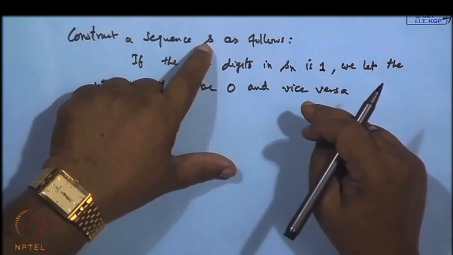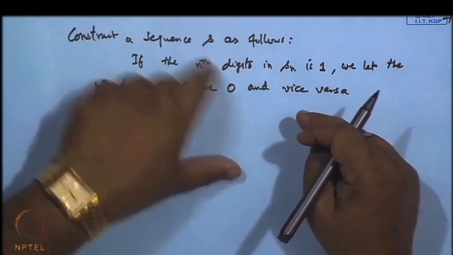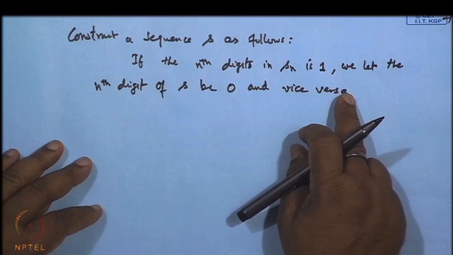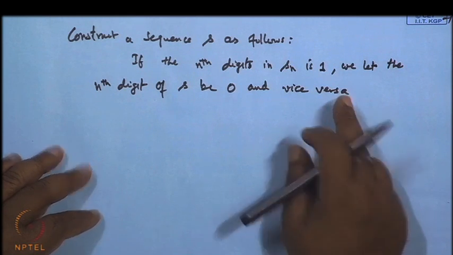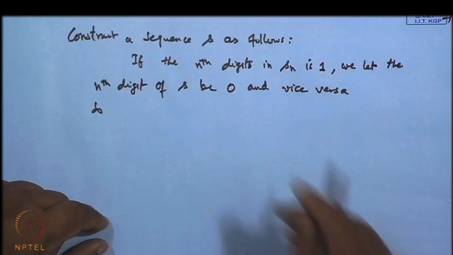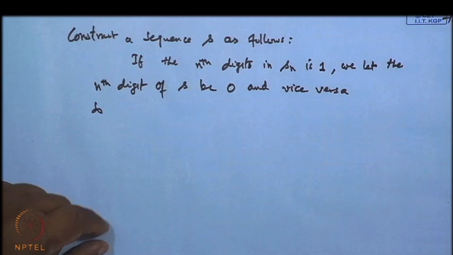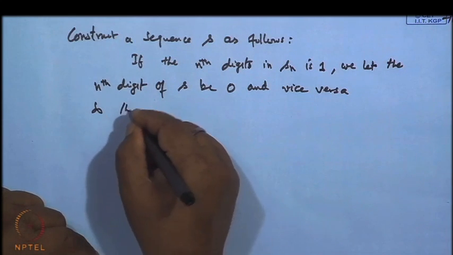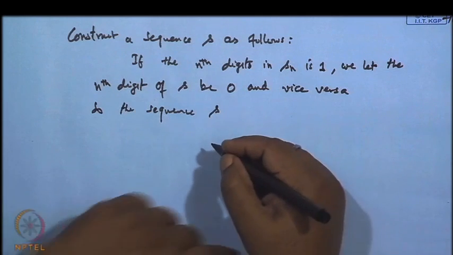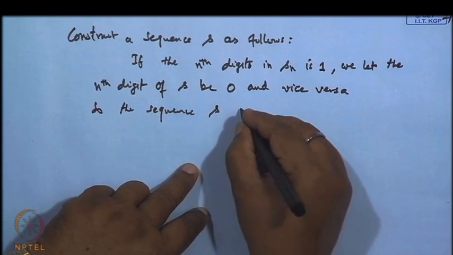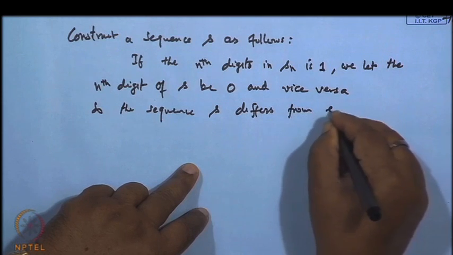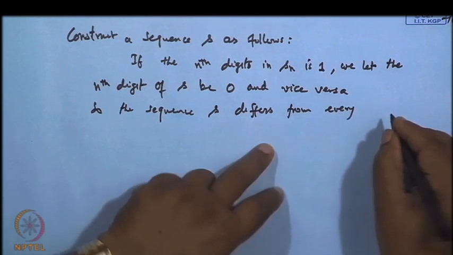It means the sequence S so obtained will differ from all the terms of this constructed set E. So, what we see here is that the sequence S differs from every member of E